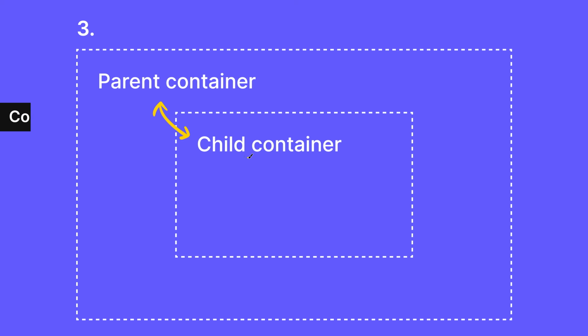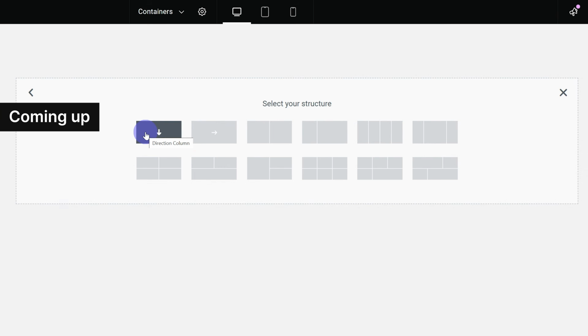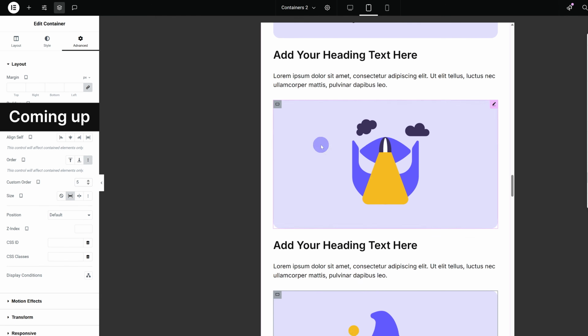We're gonna go over everything you need to know about using containers in Elementor. We're gonna take a look at how everything works and how you can use containers in the most efficient way possible, which will make your work a lot easier. Even if you know how to use containers already, I promise that by the end of this video, you're gonna